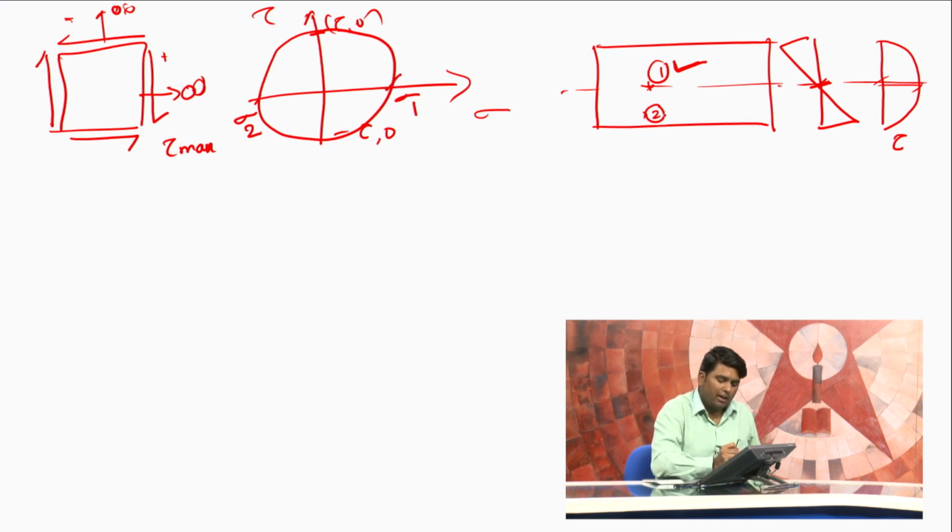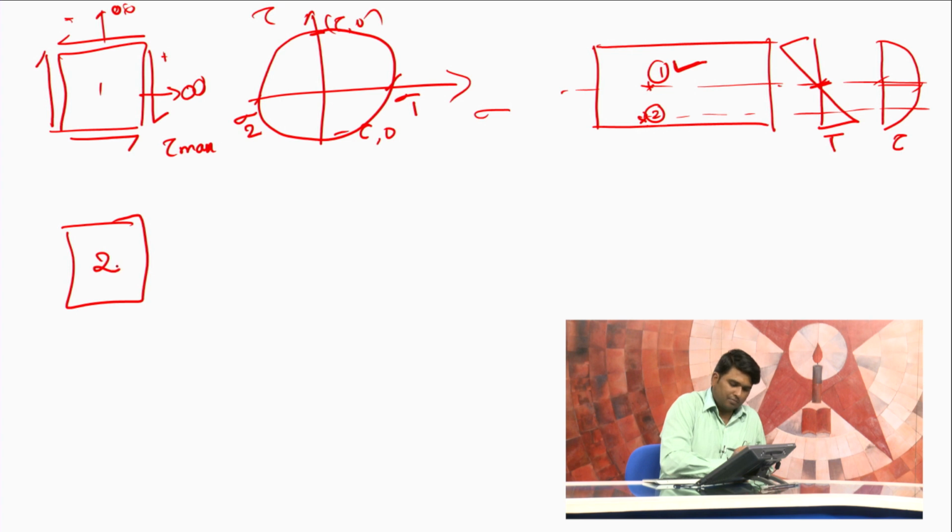Now, if you are considering element 2, which is near the bottom of the member, you can see we are having maximum tension. As the depth increases, tension also goes on increasing, whereas my shear starts reducing. If you consider this section, you have maximum tension or it is approaching maximum tension and your shear is reducing. So, for element 2 we will draw Mohr circle, we have maximum tension, and then you will have shear which is reducing.